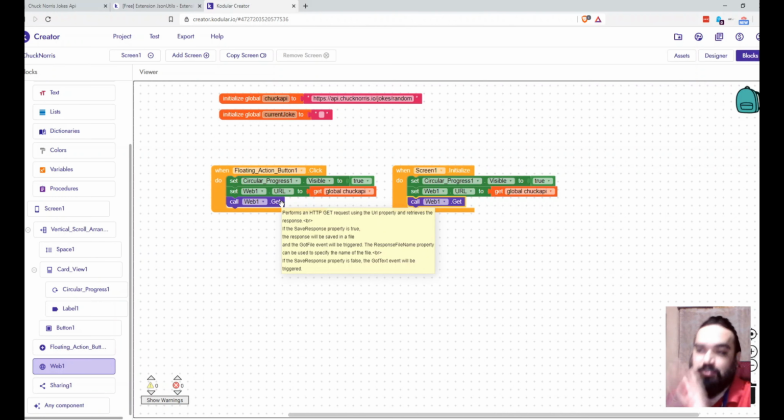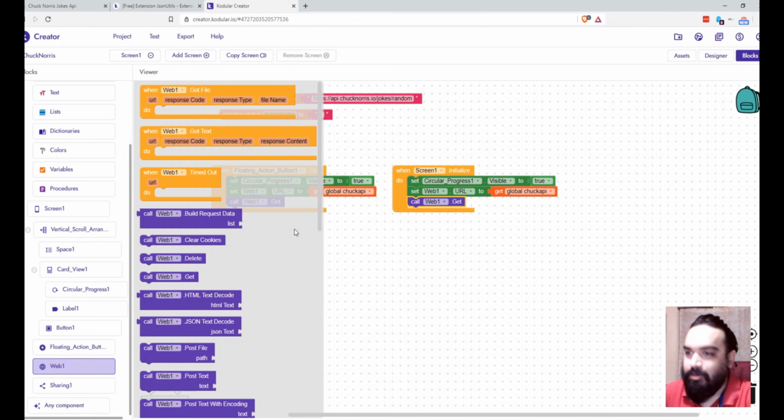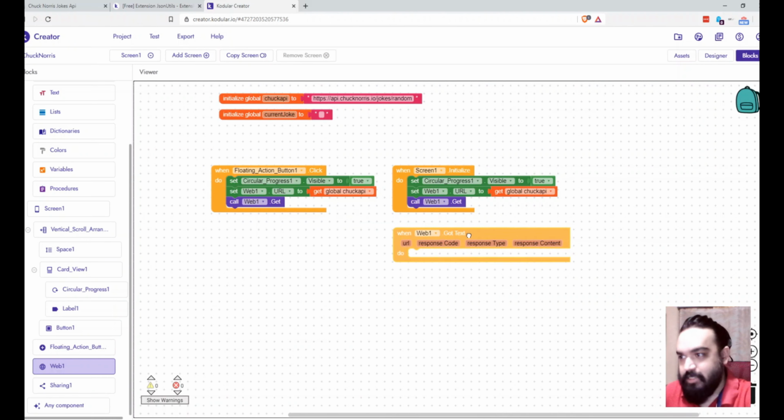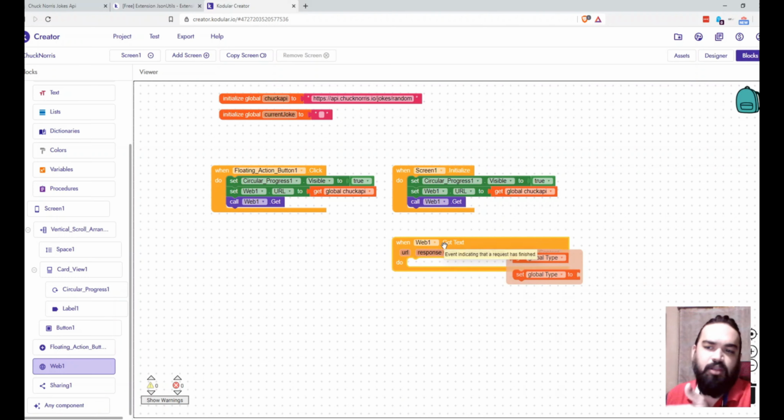Now once we call the API, the next step is we have the API data ready. Now what we have to do is parse the data and show it, right? So for that, again click on web 1. Here we use when web 1 got text, which is essentially once it has a response from the API. So what do we do once it has a response? We have to set the label to the joke. It is that simple.